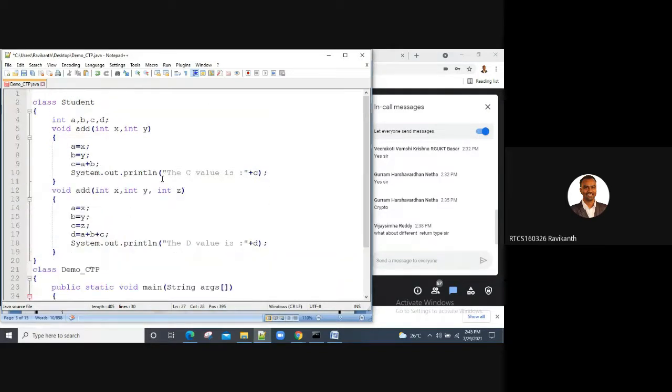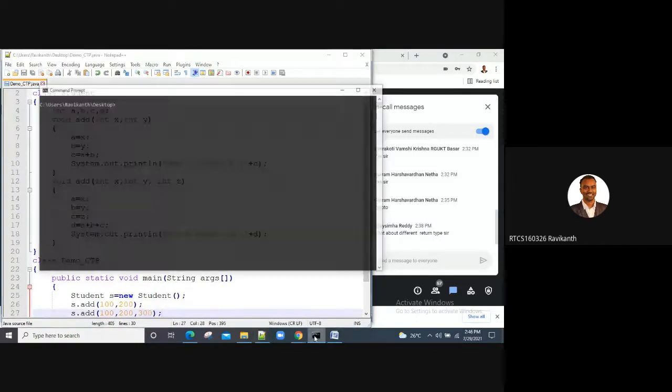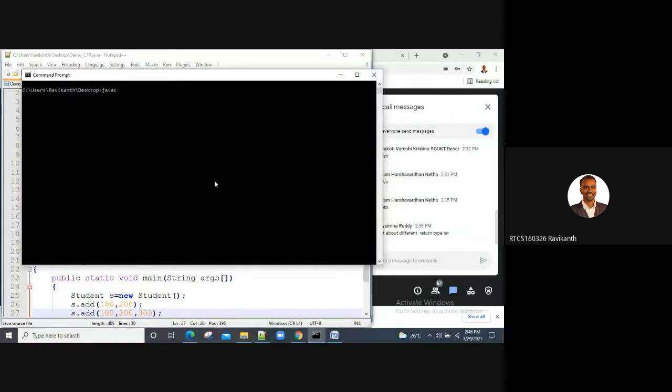Now tell me, any errors? Any errors, guys? Do you have any errors here? Okay, let's compile: javac Student demo underscore compile time polymorphism dot java.